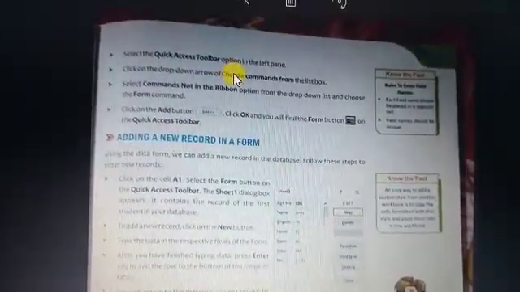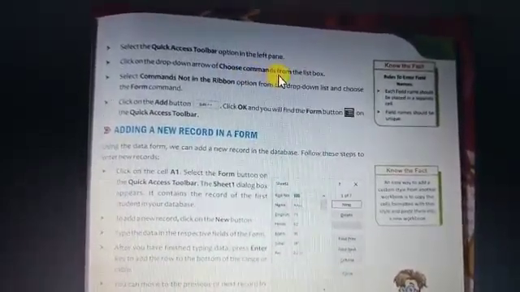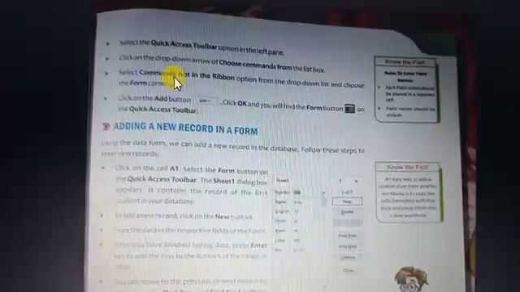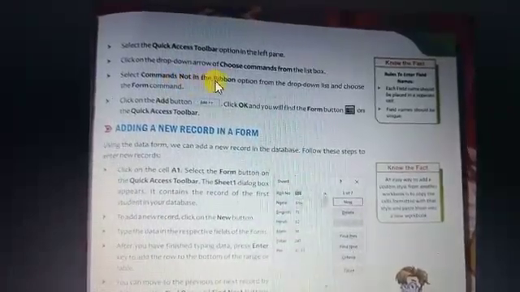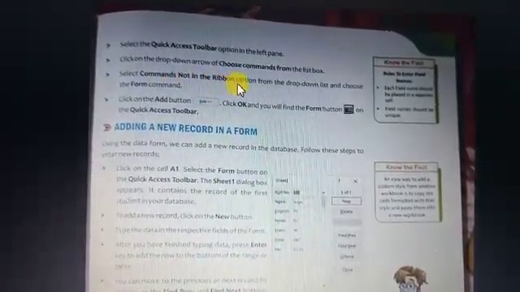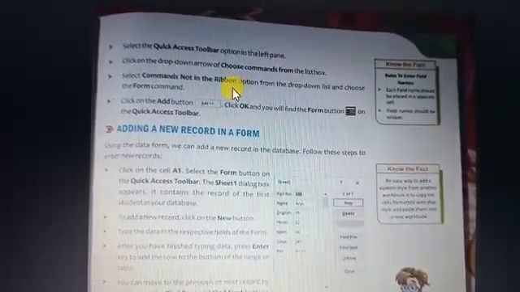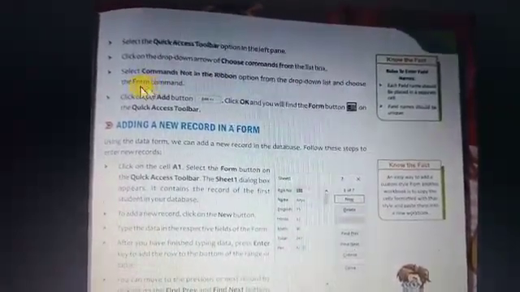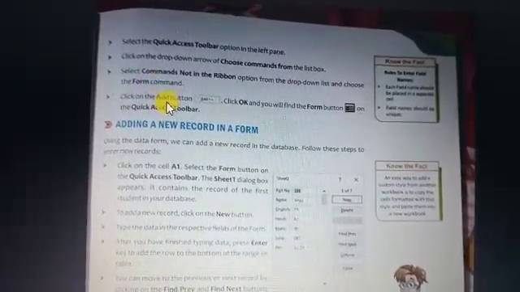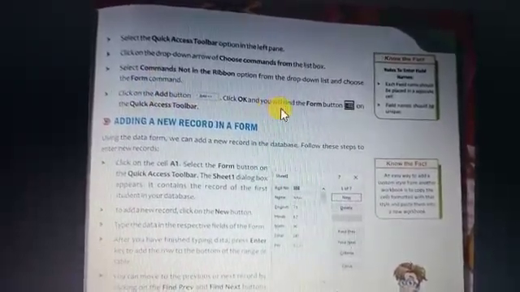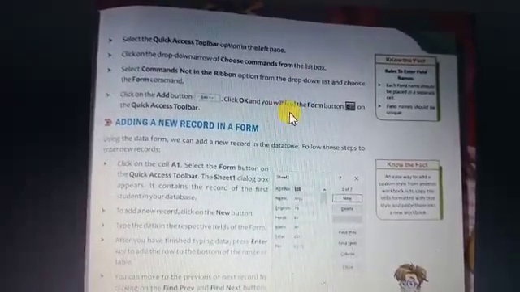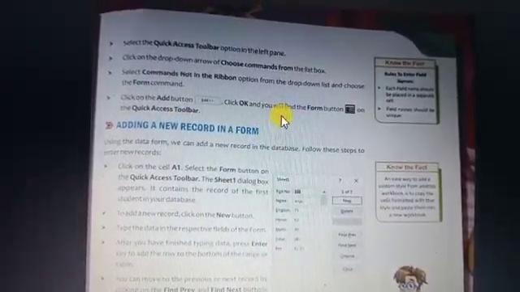There you choose the option Choose commands from. In Commands from, you also find Commands Not in the Ribbon. Select that option, and in it you find the Form command. By clicking on the Add button and then pressing OK, it is added to the Quick Access Toolbar.